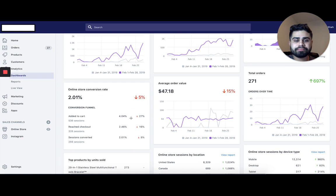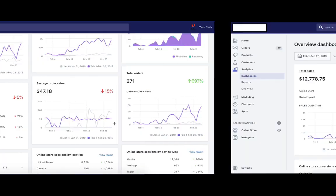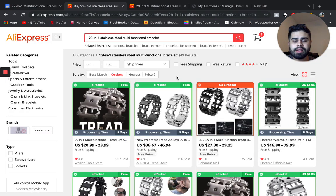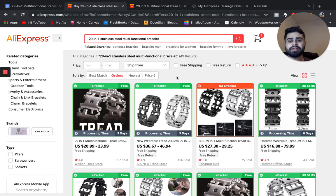So I'm going to reveal the product to you. It was a 29-in-1 stainless steel multifunctional bracelet. You can see the conversion rate was a little bit over 2%. So what the product was, it was this right here, this 29-in-1 multifunctional stainless steel bracelet. I'm not currently sure how it's doing right now, but it definitely does not seem to be saturated